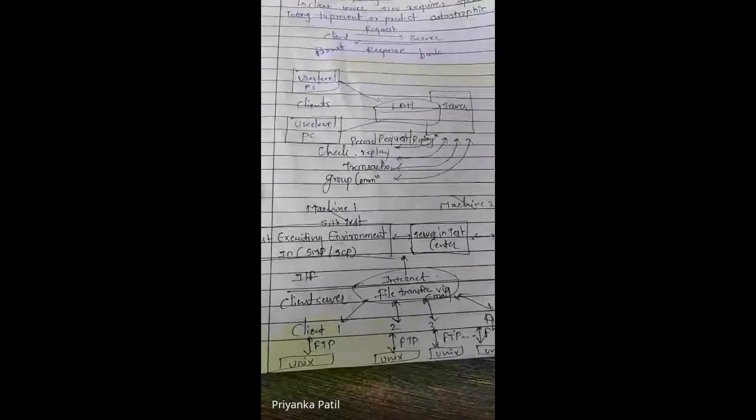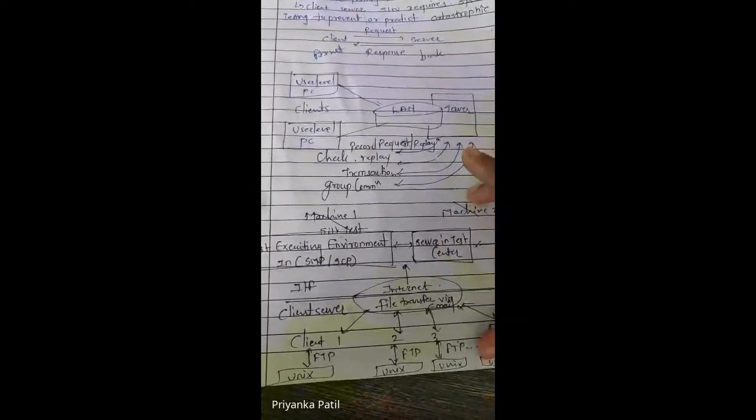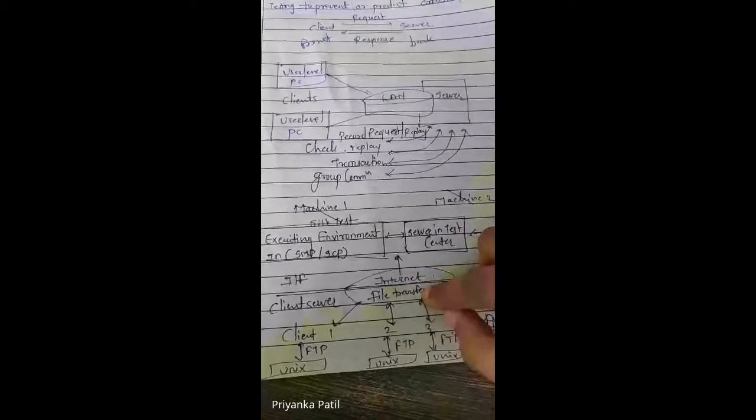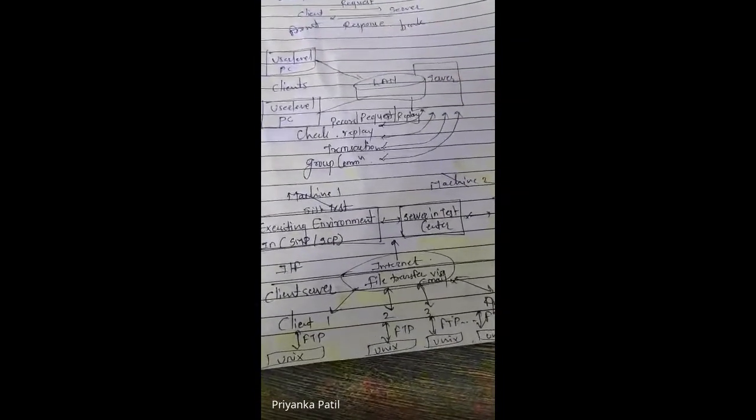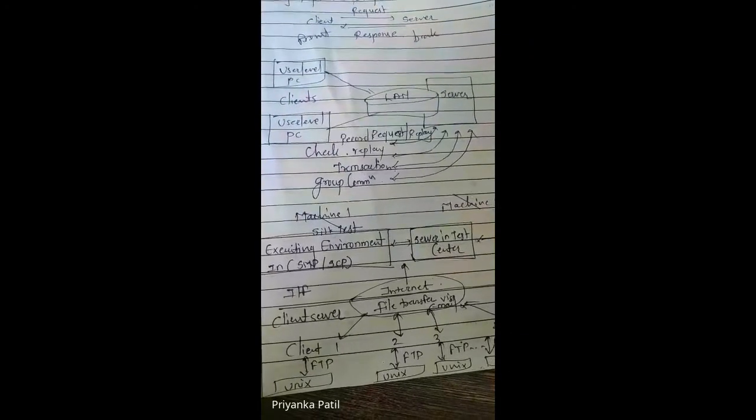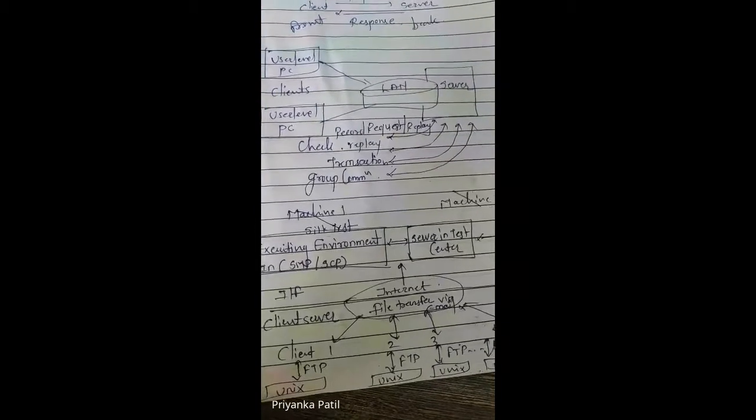So this is the basic layout of the client server application, and we can check each and every parameter regarding the communication that occurs in the particular client server application. So basically, the different types of test parameters we have to conduct for the client server application. First one is the functional test, the application function test.